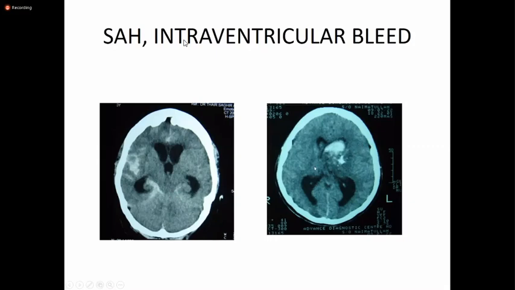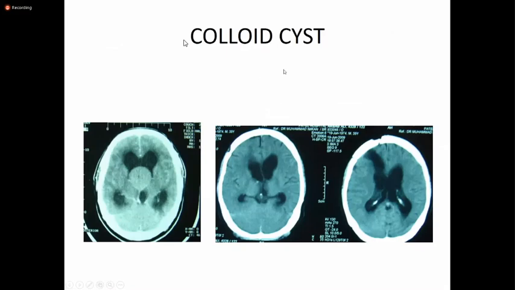This is another cause of hydrocephalus. This is intraventricular bleed in the tumor, which is giving rise to the dilated ventricles. So this is intraventricular bleed in the tumor, which is causing obstructive hydrocephalus. You can see the ventricles, a little bit of frontal horns, but most of the part is obliterated because of the tumor and the blood. And these are the occipital horns.